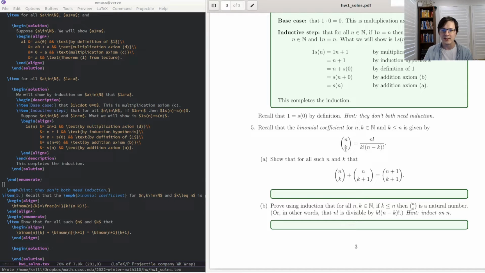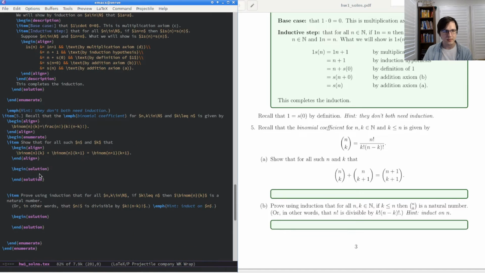It's the number of ways of choosing k things from n things without reordering, and it's just a count, so of course it's a natural number. And then you can show that this is true about it, and therefore this is a natural number. But let's do this in this algebraic way. And okay, so